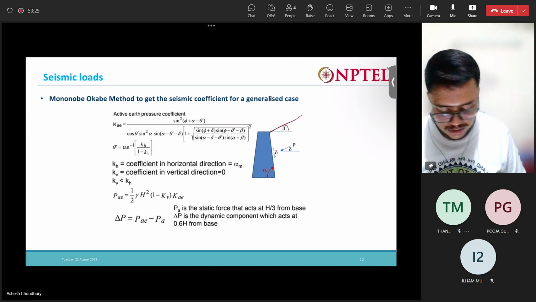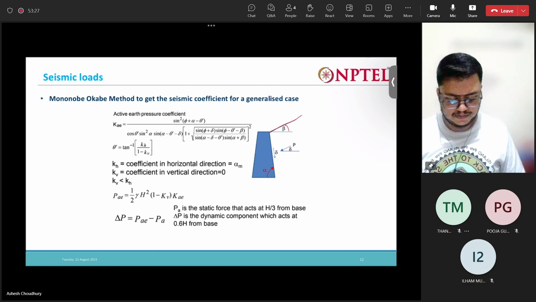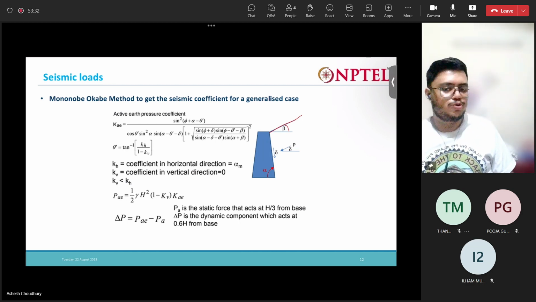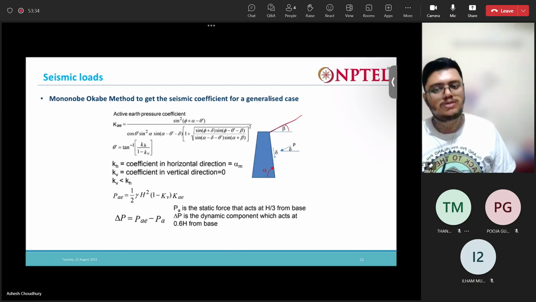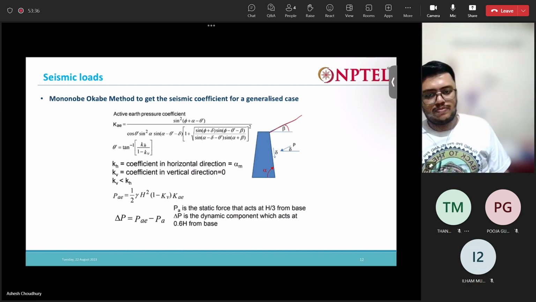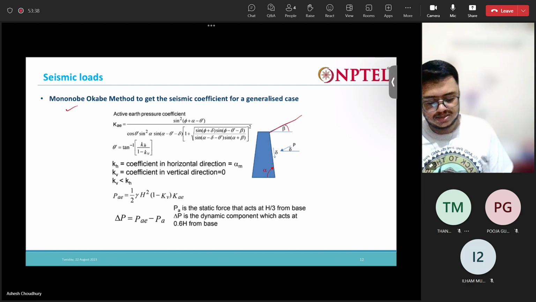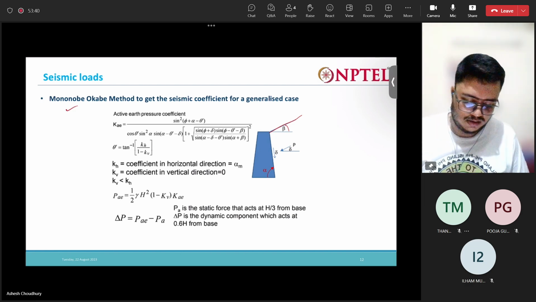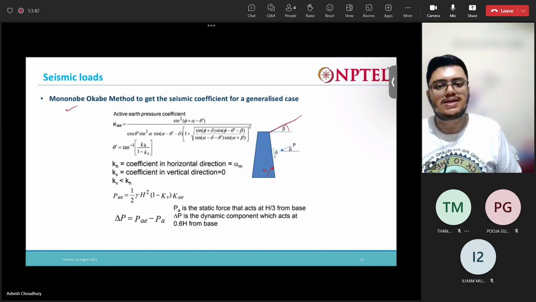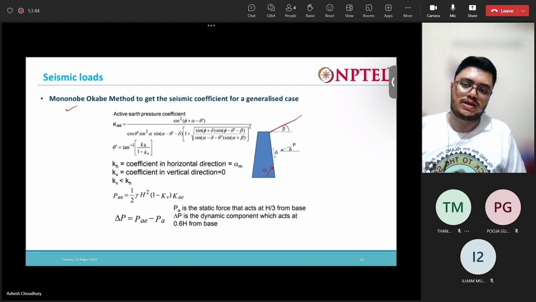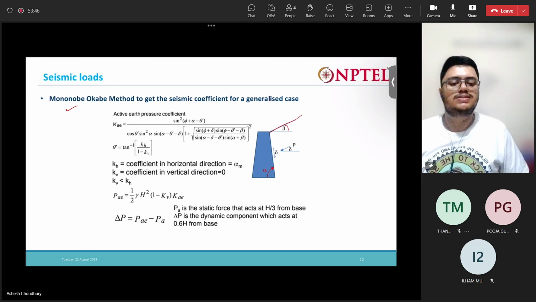So in that case, how we can determine the seismic coefficient, and how you can determine the seismic load was actually given by Mononobe. Okay, this was actually one of the first research papers that